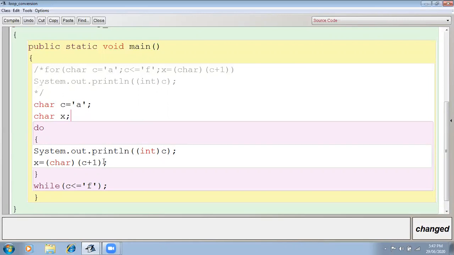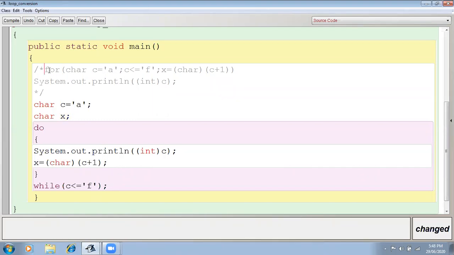Because see, c plus 1 means plus 1 in the value of this c. So it will be small b, but the character of small b. So x should be in the character data type. That's why I have declared it. Because I want to execute, that's why.